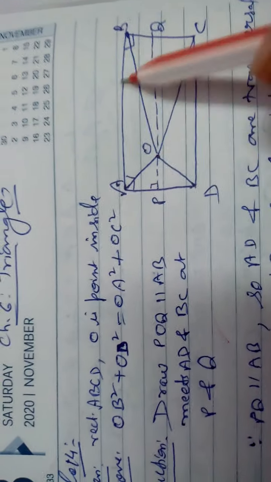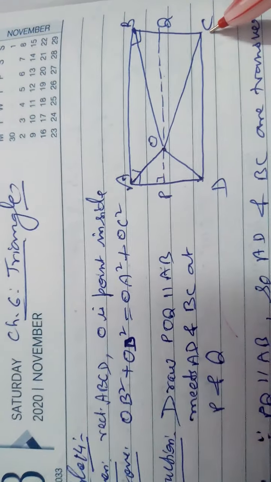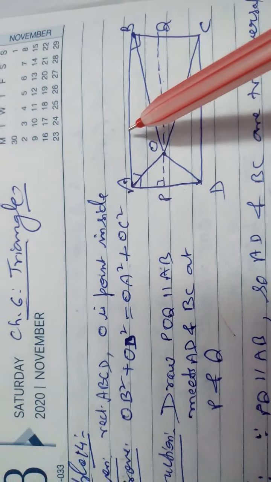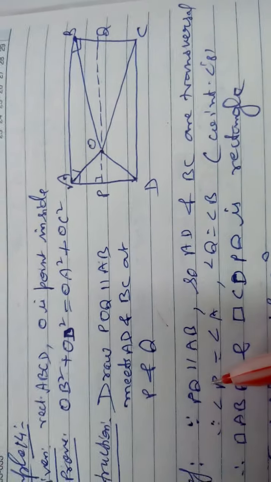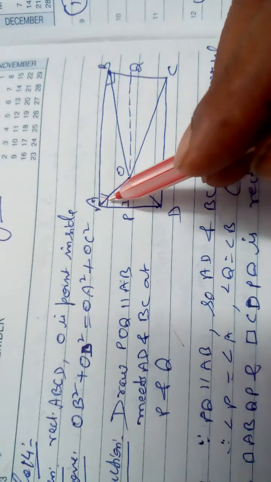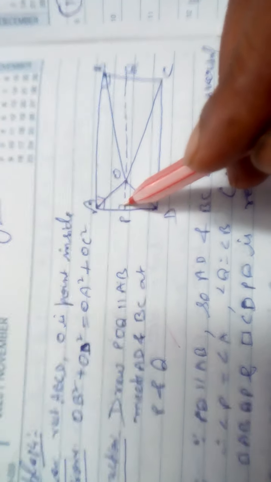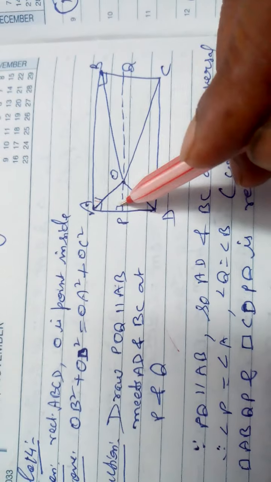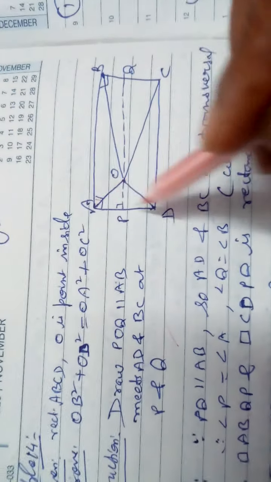A line parallel to AB through O. Now, because AB is parallel to CD and AB is parallel to PQ, so AB, PQ and CD are parallel. Because this angle is 90 degrees, this angle is 90 degrees, so these two angles are also equal. Because it is 90, then it will be 90 by co-interior property. In parallel lines, if there is a transversal, then the co-interior angle sum is 180 degrees.